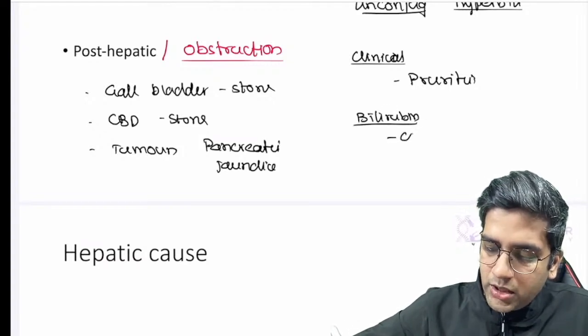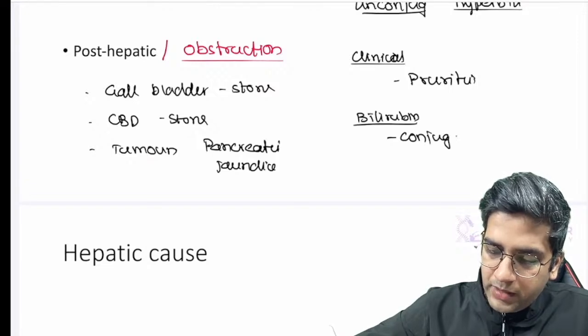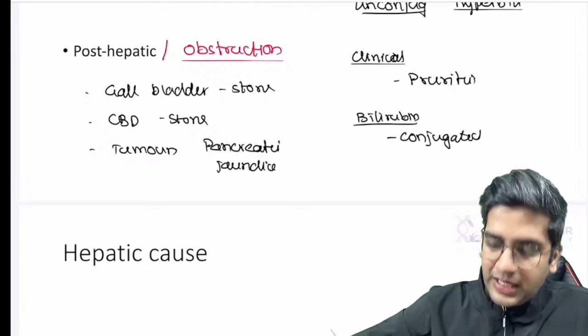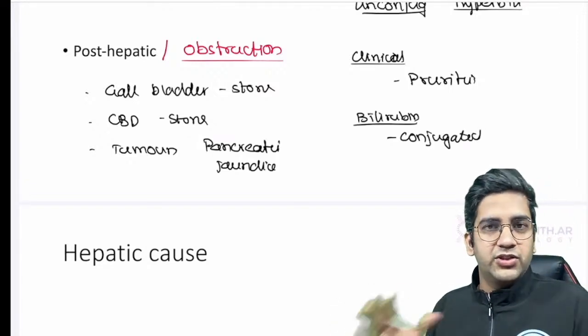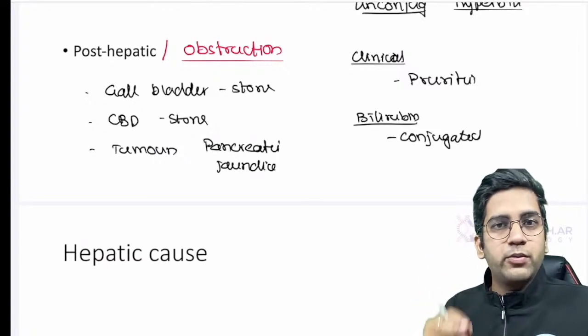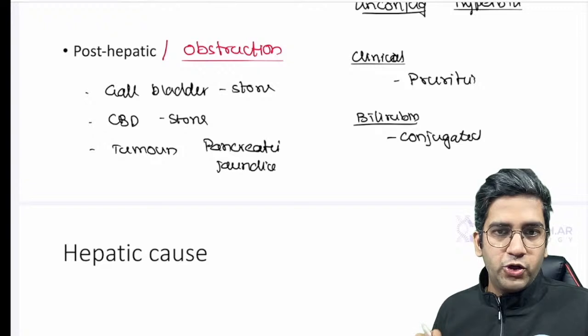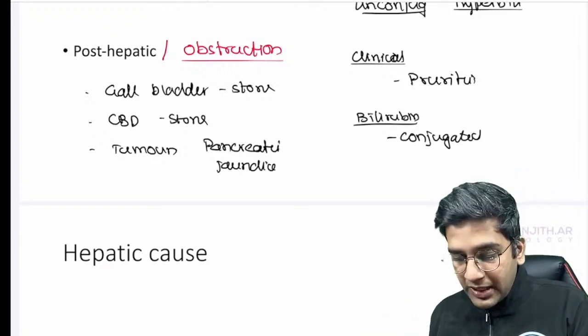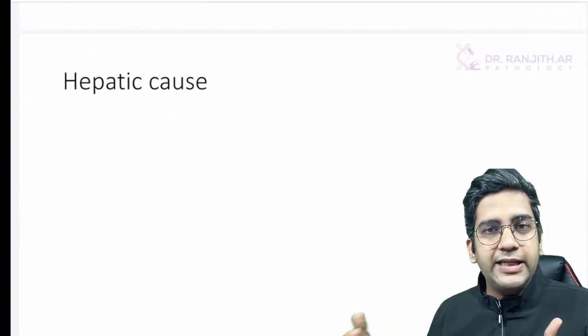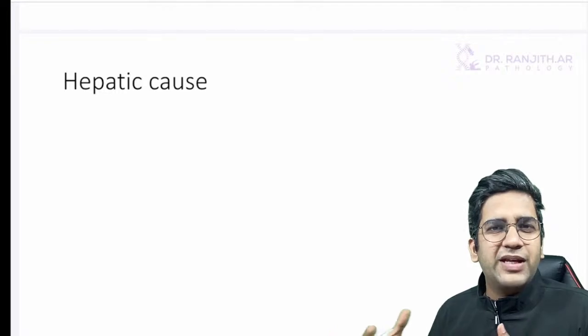It will most of the time be conjugated hyperbilirubinemia, because what happens here is the obstruction is happening after the liver. So the liver did its job. The only problem is I'm not able to eliminate it properly. So predominantly you have conjugated hyperbilirubinemia. Perfect. That's obstructive. Hepatic cause needs to be dealt in detail because the question is primarily in the liver chapter,